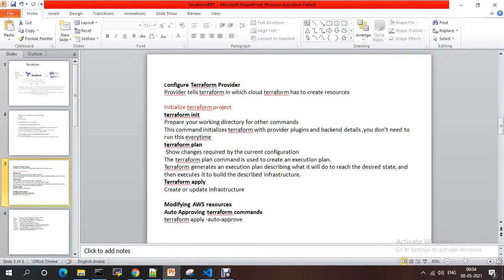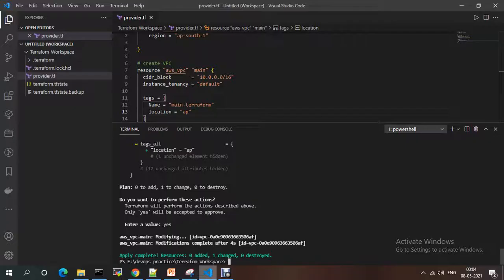We have seen terraform init, terraform plan, terraform apply, and modified the changes. If I don't want it to ask the prompt every time, you just need to give terraform apply auto approve.